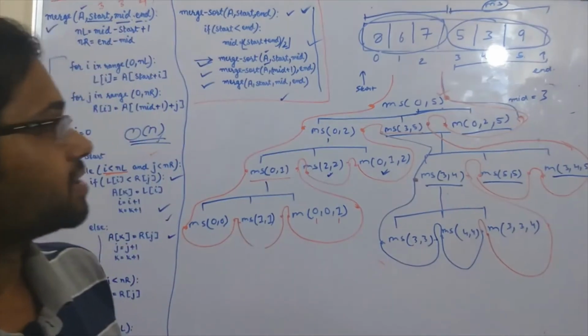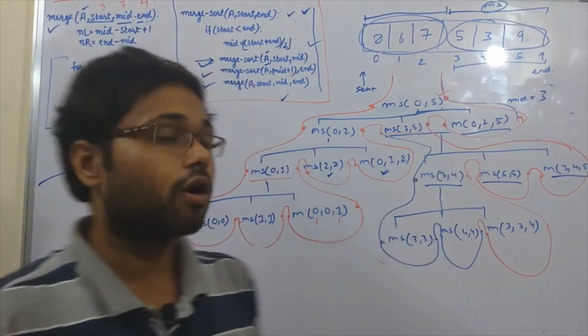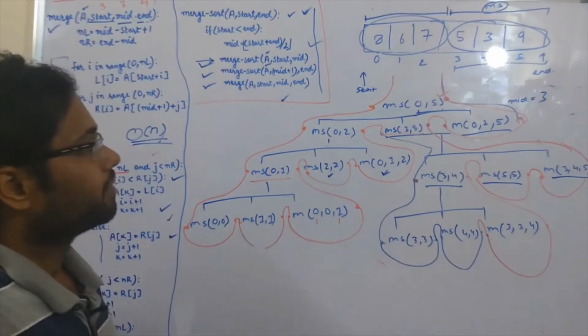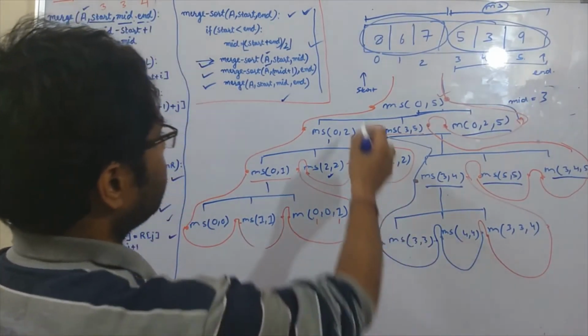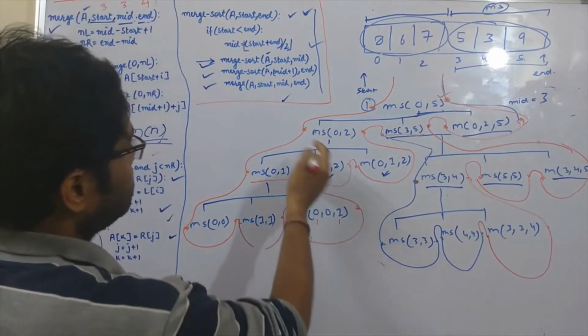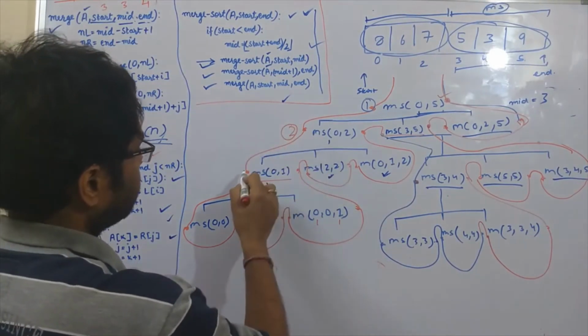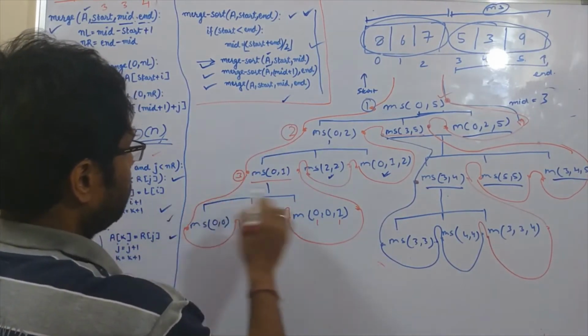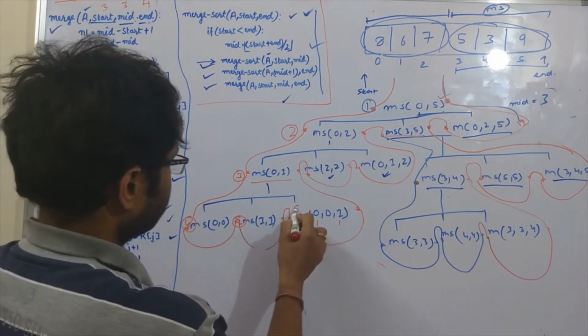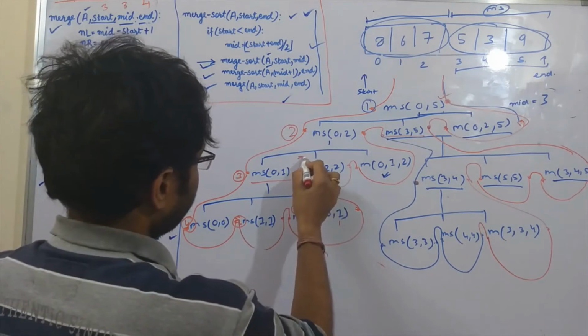So actually, how many function calls are made? We will see how these function calls are made. This is the first function call, and this is the second function call that we have made, this is the third function call that we have made, this is the fourth function call, this is the fifth function call, this is sixth, this is seventh,